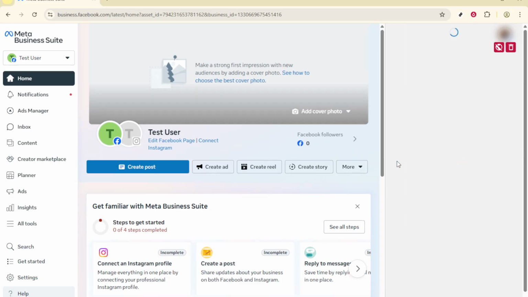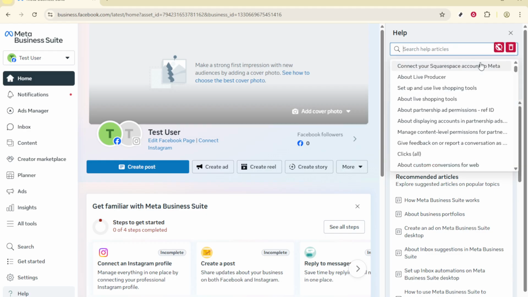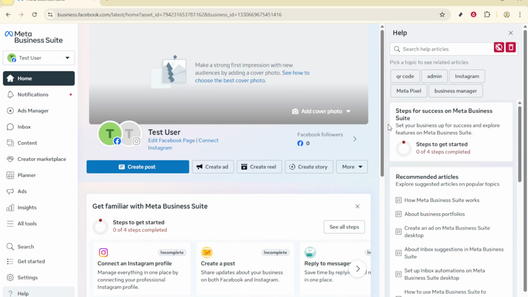If your review request doesn't do the trick, don't lose hope. The next step is to get in touch with Meta Business Support. You can do this by navigating to the support section within your Business Manager account, where you'll find options to either chat or email their support team. When you reach out, make sure to clearly explain the situation. Detail the sequence of events leading up to the account's disablement and mention any specific steps you've already attempted to